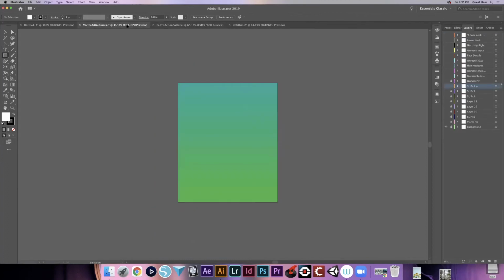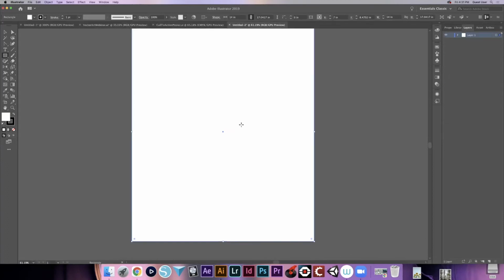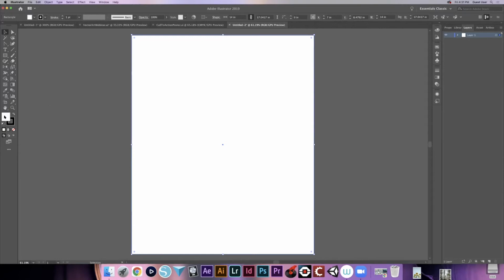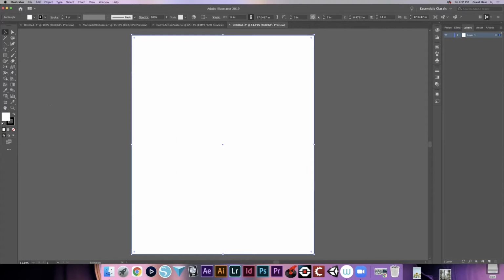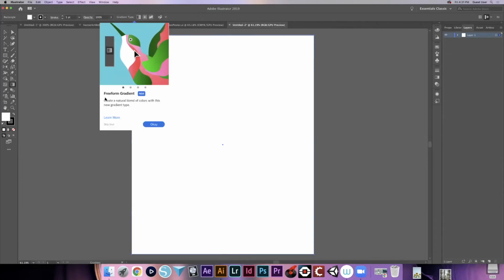Oops, this one has a gradient. So after you have your rectangle here, go ahead and click on your first color. I'm sorry, I'm gonna go and switch it to my gradient. Where's my gradient? Here it is. Okay,